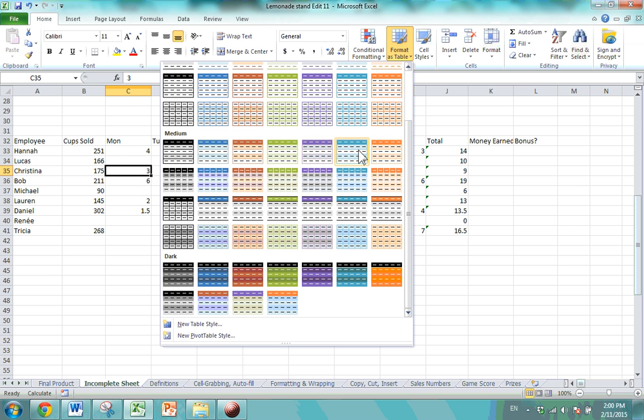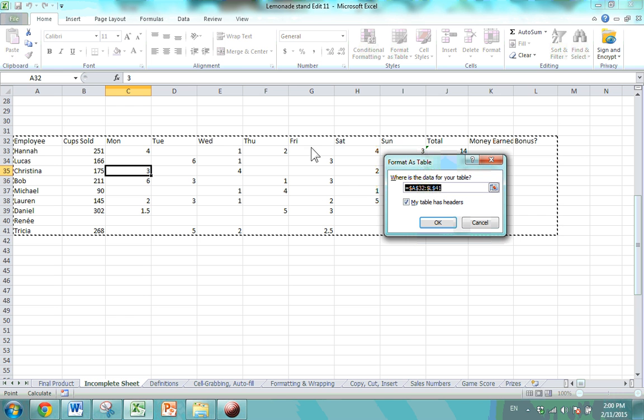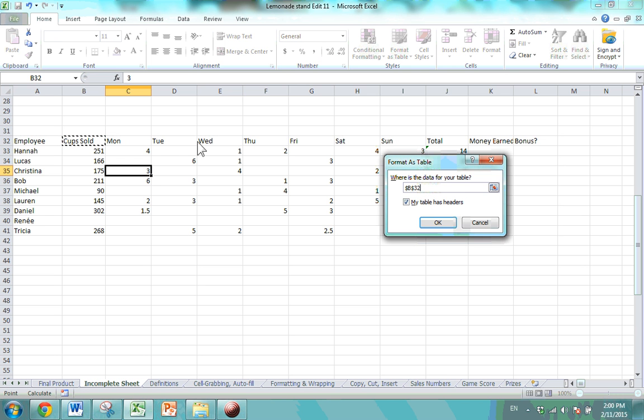I'm going to go with this nice purple, and it's going to try to estimate where your table is. You can always make little tweaks to it, and then you can tell it, do you have headers or do you not have headers? And we do, because these things are not part of the data. Oh, and look, I'm messing up my region. So just make sure the marching ants go around the area you want. Okay,